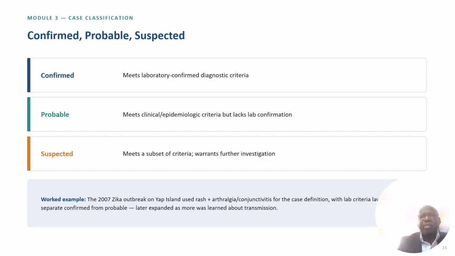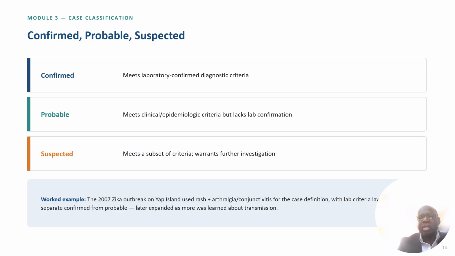Finally, cases should be classified. Whatever we picked in our study or in our outbreak investigation, it should be whether it is confirmed cases, probable cases, or unsuspected cases. This is the classical classification, but you are free to provide whatever you want as a classification. You can do suspected cases. You can also add epi-linked cases. You can add a cluster, whatever you want. It is a rule that you are going to use to come out with the final classifications of the cases.